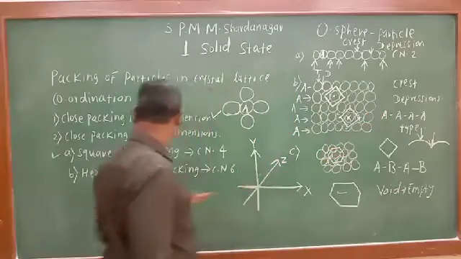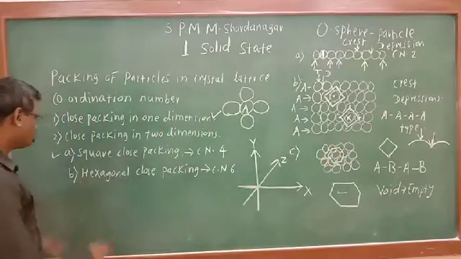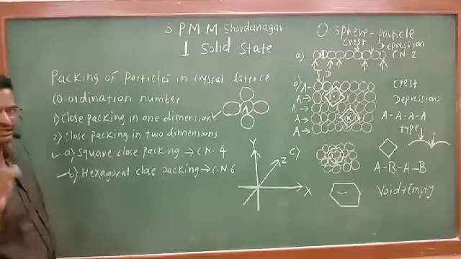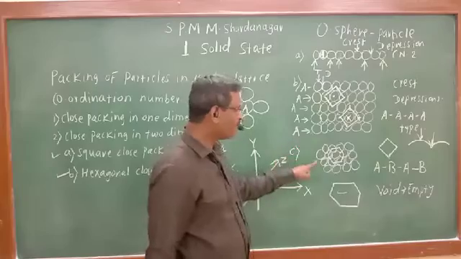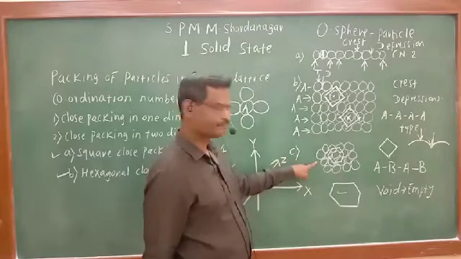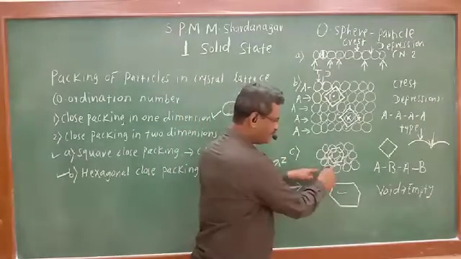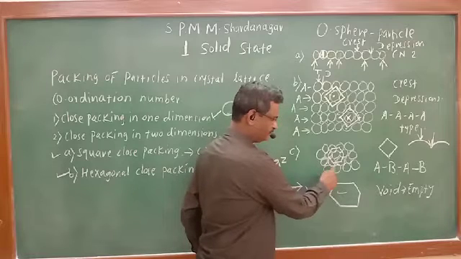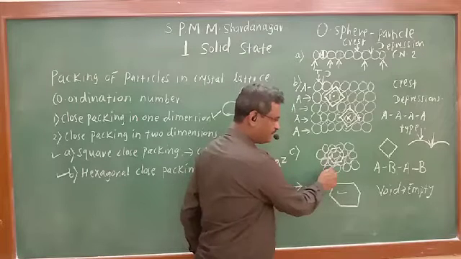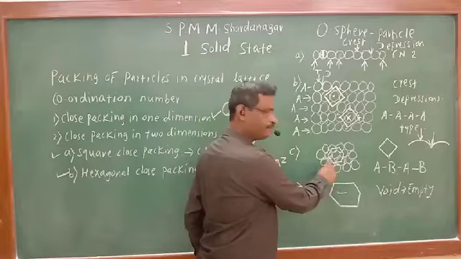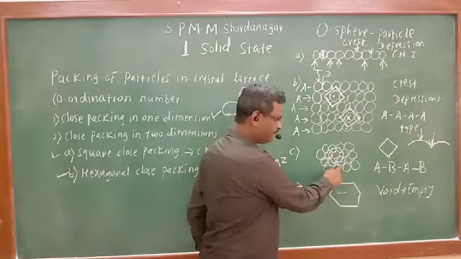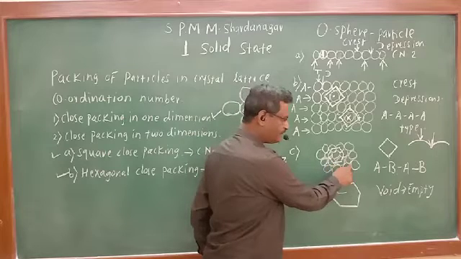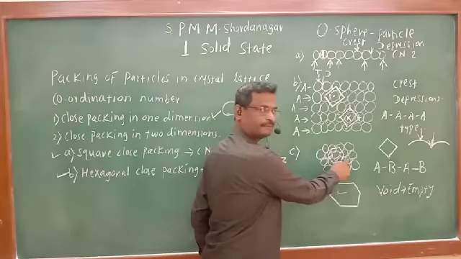Now one more arrangement, hexagonal close packing arrangement, where coordination number is 6. See how that takes place. Here in this arrangement, see the trough or depression. Here depression is followed by the crest of second. Depression is followed by the crest of second.